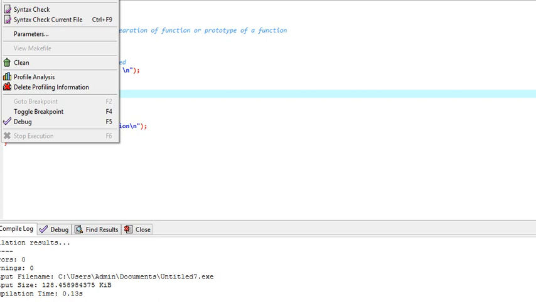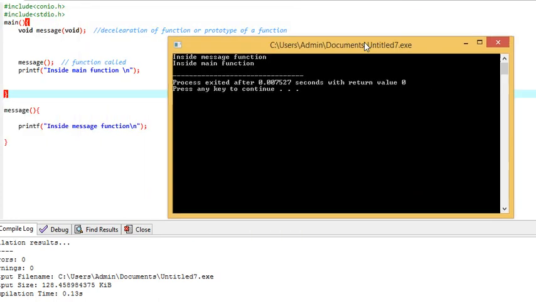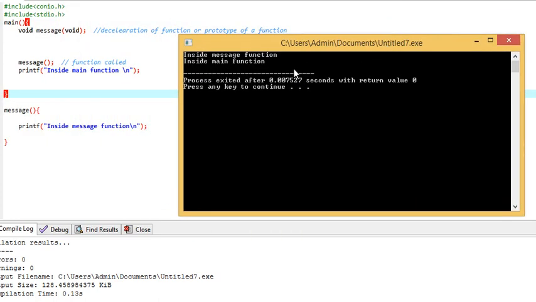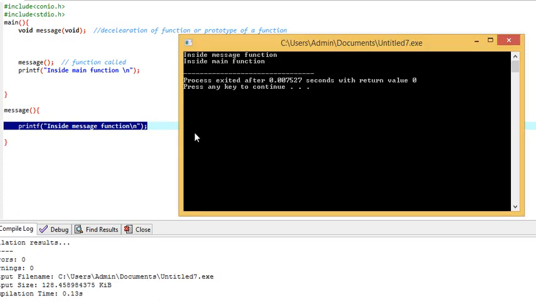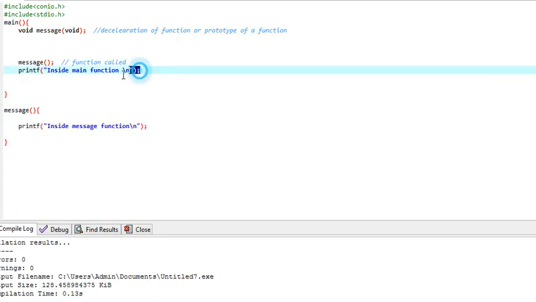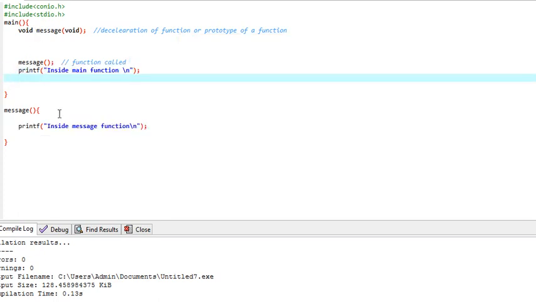Let's compile it, no error, and here we go. As you can see, before there was inside main function, but now it says inside message function. This line has been executed first, then after that it executes this line. So this is the first type of user defined function, which has no argument